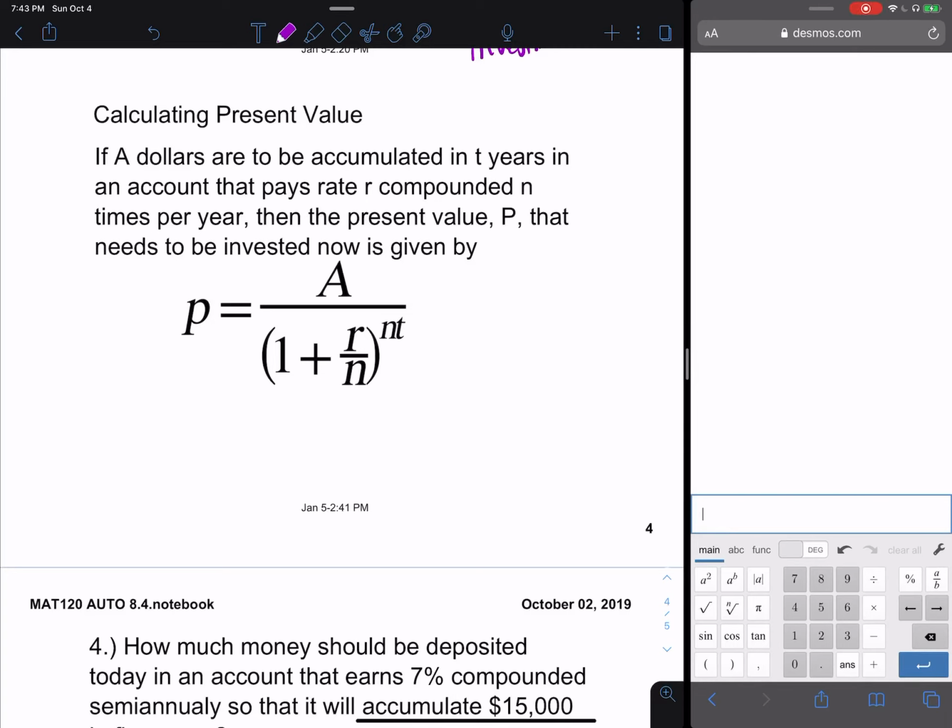When we're dealing with compound interest, they can also ask us to solve for the present value or the principal. So if A dollars are to be accumulated in T years in an account that pays rate R, compounded N times per year, then the present value P that needs to be invested now is given by this formula. P, the principal, equals A, the future value, over 1 plus R divided by N, all raised to the power